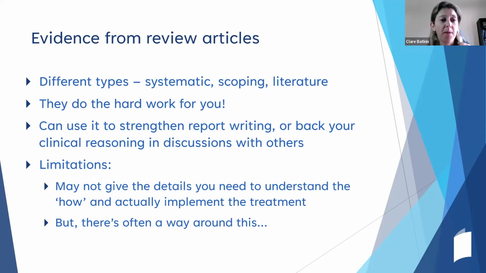There are different types of reviews, from systematic reviews to scoping reviews or to more informal literature reviews like this one, where they don't really have a documented, formal methodology for how they found, critiqued and analysed their research evidence. But they all have one thing in common. They've basically done all the hard work for you, in that they've found all the really good research evidence out there on a topic. They've often critiqued or interpreted it with their own expert lens, and they've put together a lovely summary